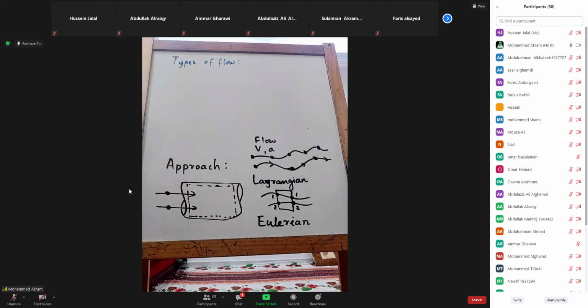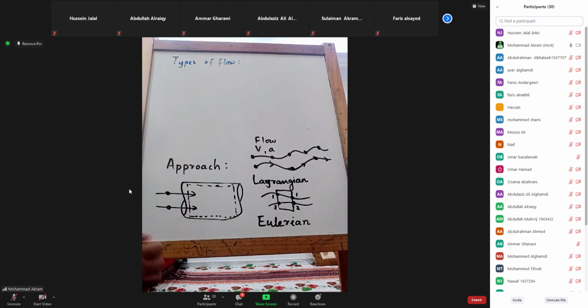We can say whether the flow is steady or unsteady, or whether the flow has the same constant velocity or the velocity of the flow is changing with distance or time. Or if the flow is going layer by layer, or going in a zigzag way, or not in a fixed pattern, if it is going and changing its path continuously, then it is called the turbulent type. So we'll see the different types of flows.